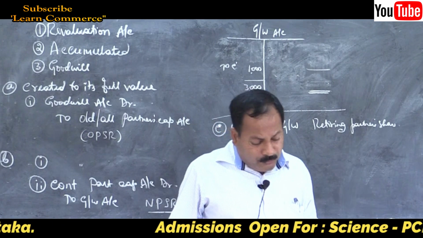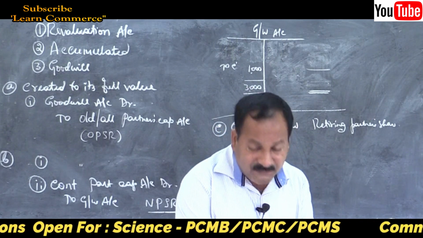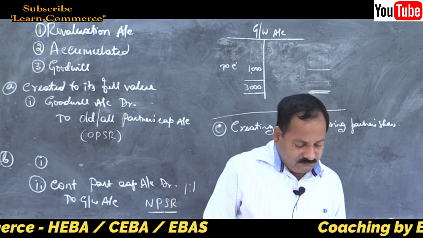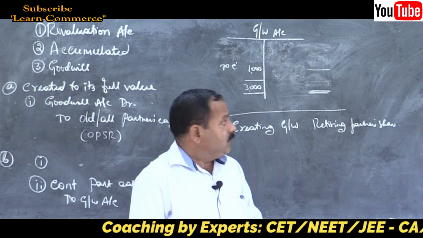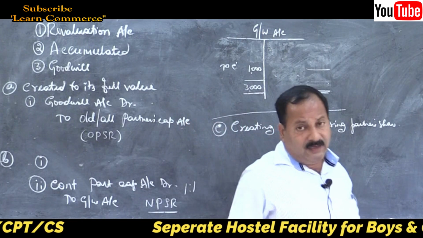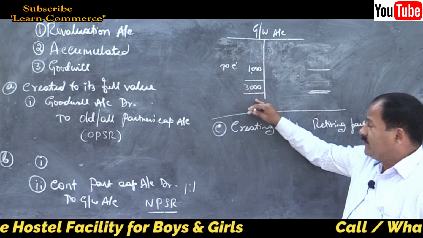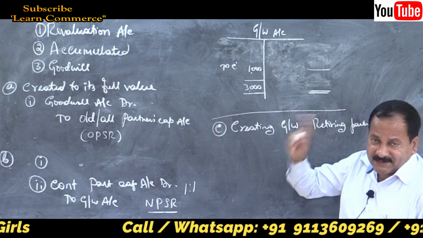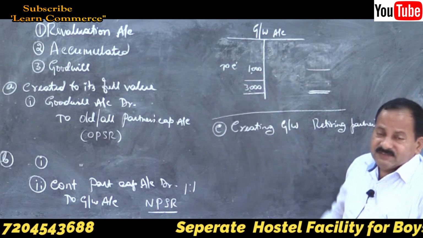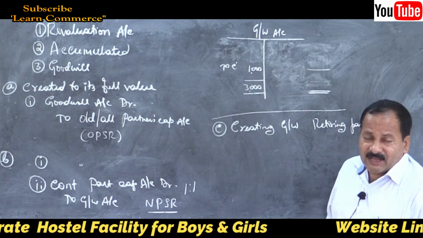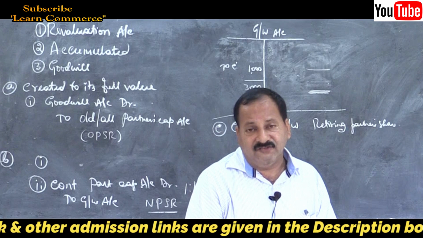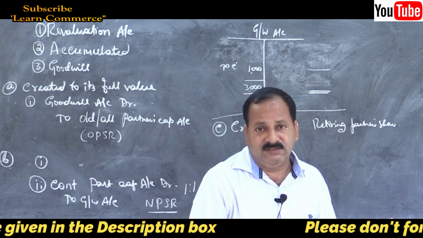So now what we have to do is write it off. If the third method is followed, then goodwill will appear in the balance sheet, because the goodwill account will show a debit balance of rupees 1000. Debit balance means an asset. Am I correct? So this is the third method. Only one entry, goodwill account debit to retiring partner's capital account, and the goodwill account will show a balance and it will appear in the new balance sheet. That's all. That is the third method.